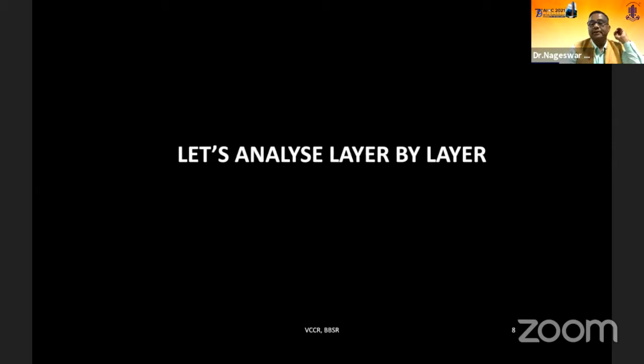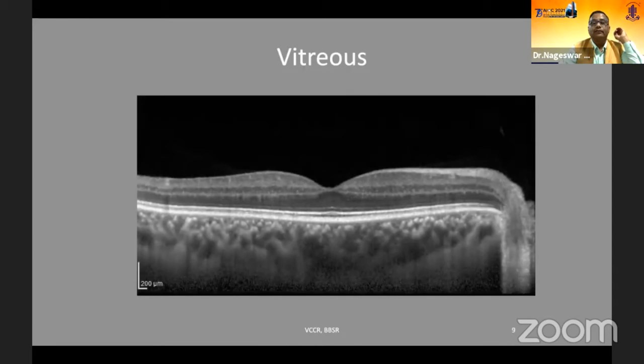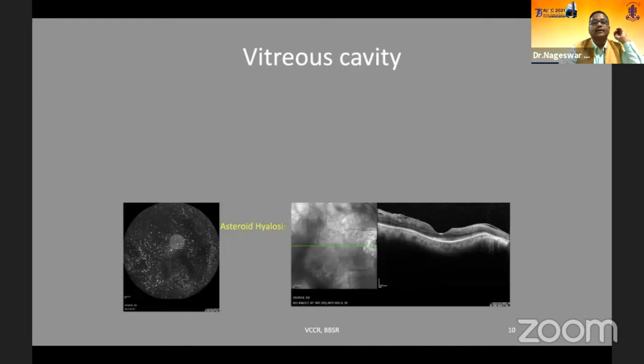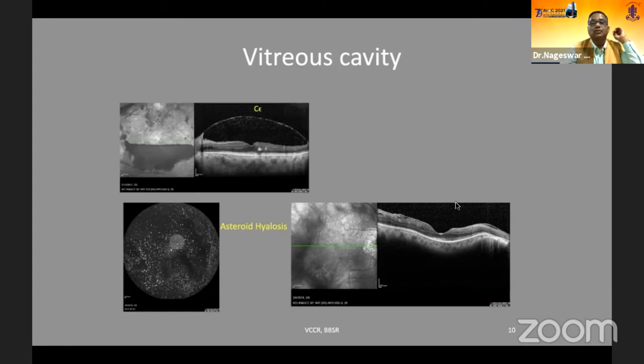So let's discuss by layer. The vitreous, normally we see, is crystal clear because of around 98% water content. Because of the water content, it appears black. So any opacity in the vitreous picked up by the OCT appears as white reflective dots. I will be showing these reflective dots. For example, asteroid hyalosis is there. So many dots we are seeing; they appear in the vitreous as homogeneously reflective dots in the OCT vitreous cavity. Suppose inflammatory cells, they will look like this.